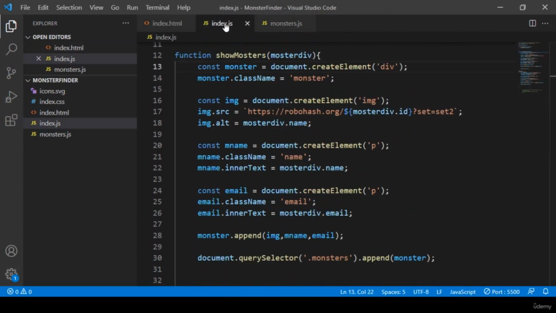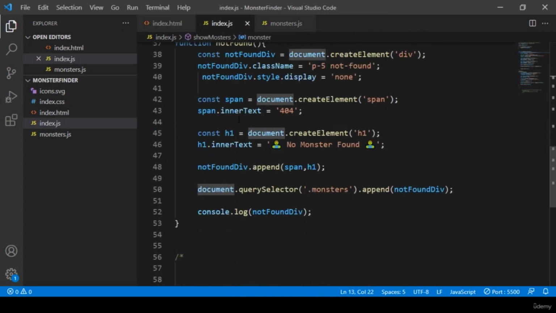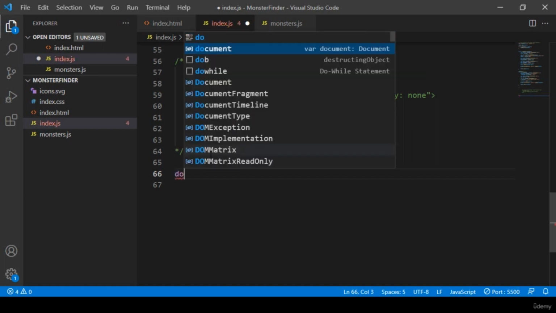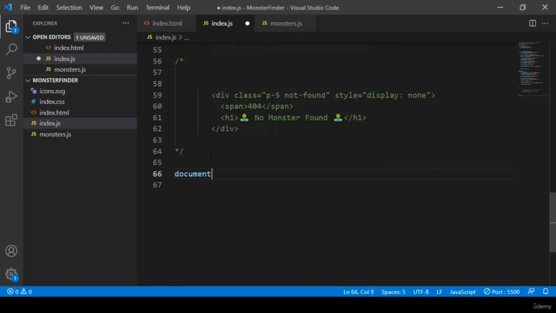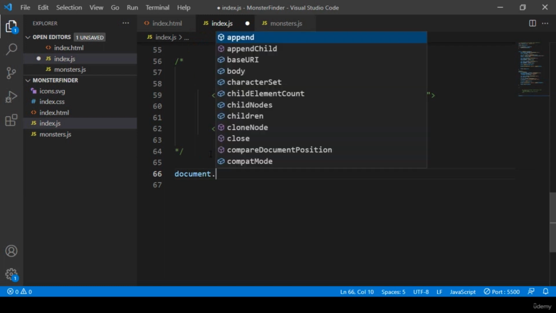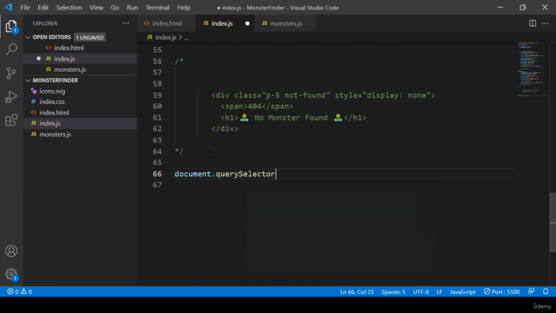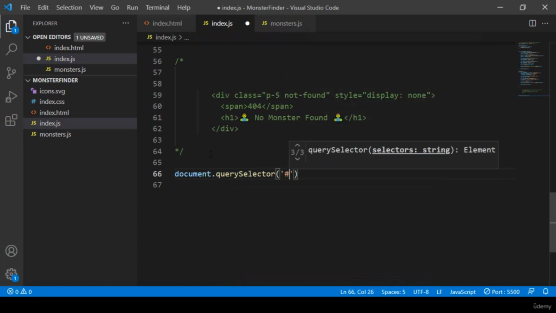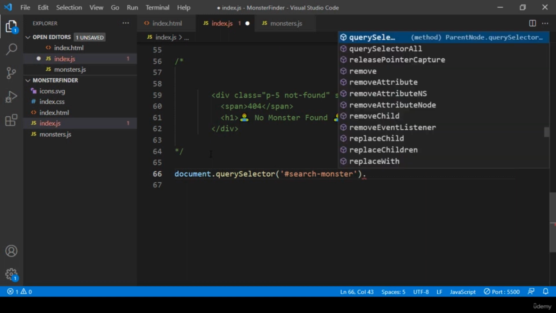Now if you go to our index.js, in this index.js after this, I first want to take the document. I simply take the document, and here first of all we have to get that ID, then that will be a query selector. With this query selector I want to get this ID. As I told you before, that will be a hash and then your ID name, right? I successfully get this ID,